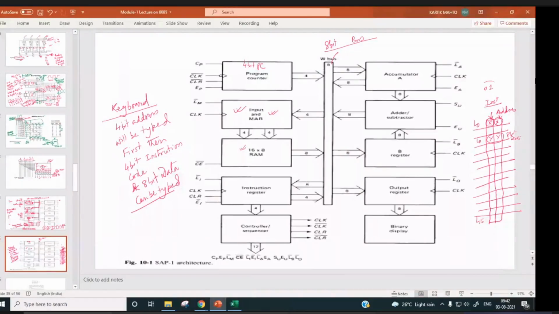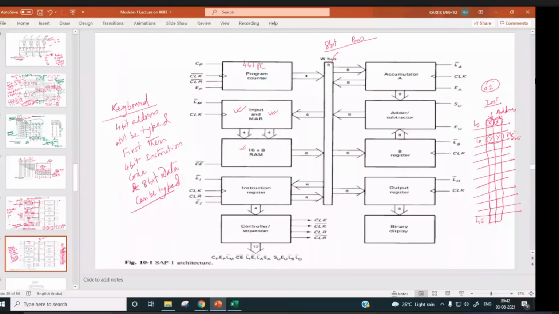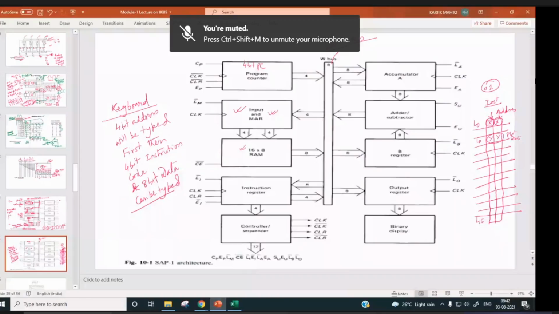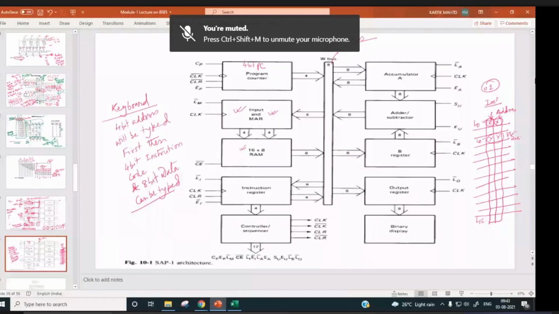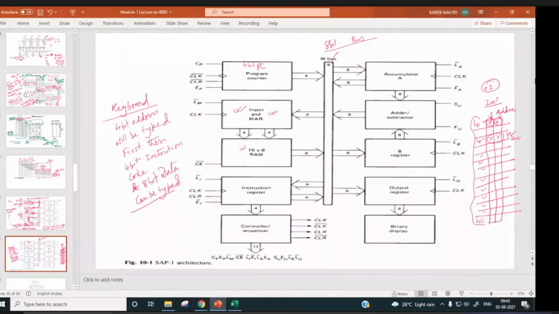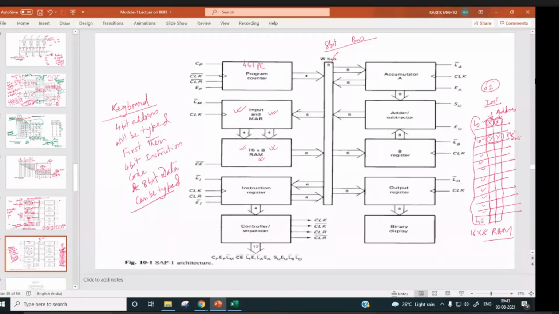So the processor will decide whether this is an instruction, an address or data, based on the instruction given. So in all these 16 locations, you can input your data and program. Data will be there, and your program will also be here only, within the 16 locations. This is a 16 by 8 RAM. Using a keyboard, you can input it. Once you input your program into this RAM, then you can start executing your program.